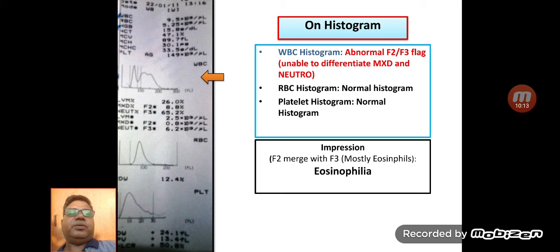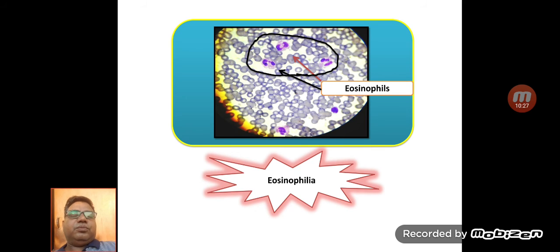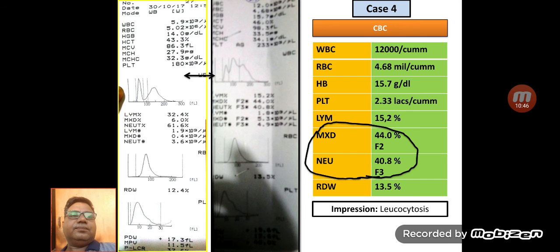This is very commonly seen in allergic conditions and parasitic infestations, and the management of this condition is very different from the management of viral infection. That's why it is very important to differentiate these two conditions. If you go through the peripheral smear of this patient, here you can see plenty of eosinophils present in the smears, and we can confirm our diagnosis. Before seeing the smears, we can also conclude that this is a patient of eosinophilia just by seeing the histograms.